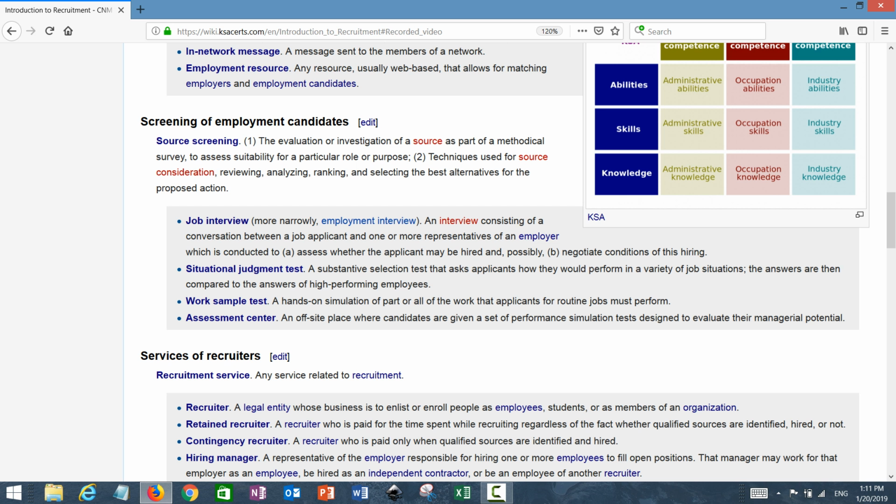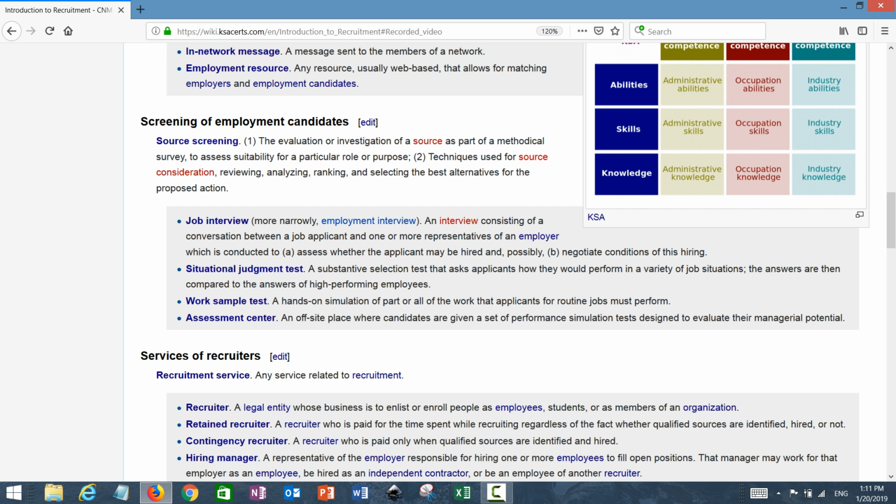Another tool can be a work sample test. Here, basically, we can offer a job candidate to perform as they will work, like they will perform on the job. And a more expensive tool could be an assessment center.